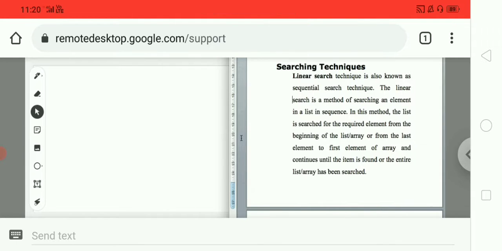Okay. Linear search technique is also known as sequential search technique. This linear search is a method of searching an element in a list in sequence.